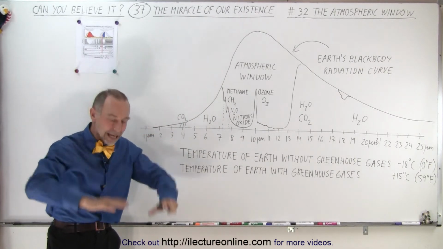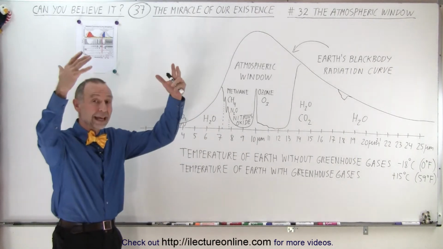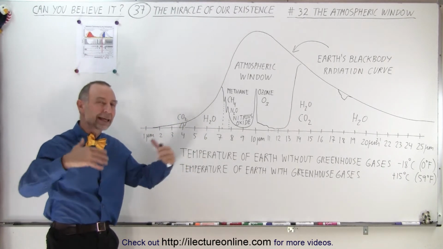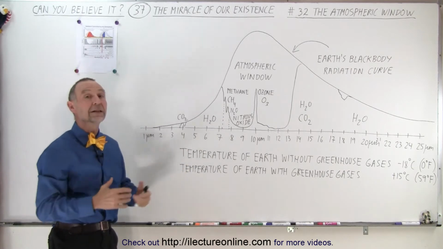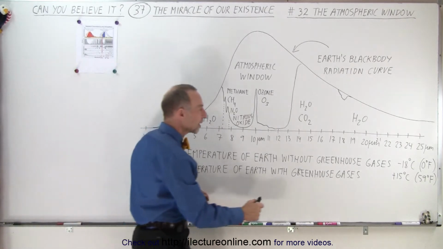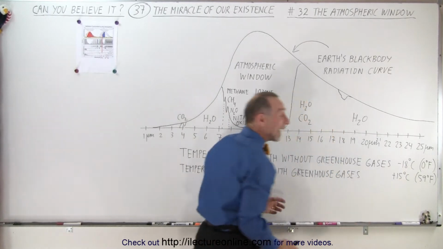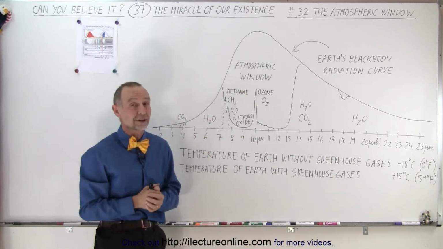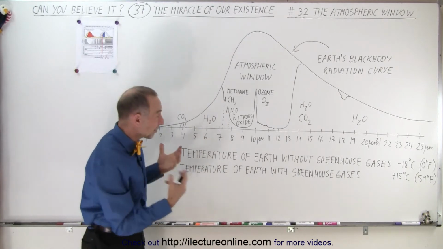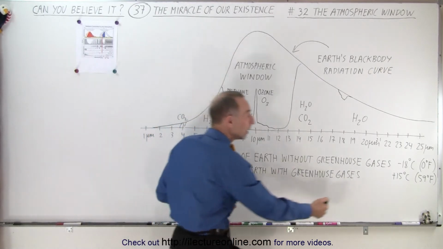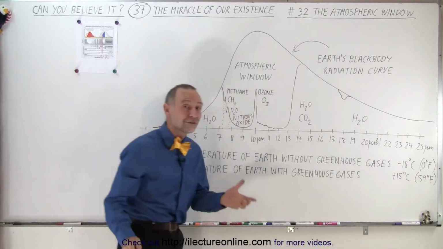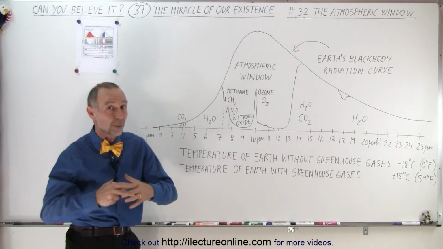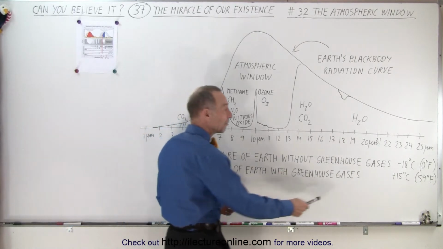They keep some of the heat that otherwise would escape to space and cause the Earth to cool down too much. It holds that heat back and keeps the temperature of the atmosphere relatively comfortable. Without those greenhouse gases, temperatures would plummet to an average of minus 18 degrees Celsius, which is about 0 degrees Fahrenheit. Instead, with the greenhouse gases that are in the atmosphere currently, the average temperature of the world is 15 degrees Celsius. That's 33 degrees Celsius warmer than it would be without those greenhouse gases, or an average temperature of